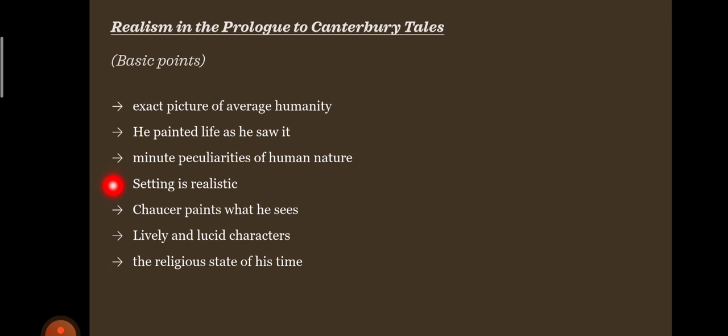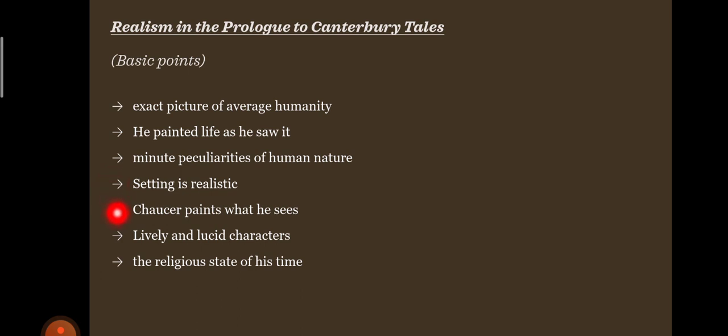The next point is that the setting in the prologue to the Canterbury Tales is quite realistic, because a pilgrimage was one of the common sights of 14th century England. And in relation to the stories, he does not create a very unrealistic type of world, but his setting is very realistic. In doing so, he was quite different from other writers like Boccaccio, because they could easily slip back into frank artificiality while describing the settings or the stories of their characters. But here, Chaucer held consistently to realism in the Canterbury Tales.